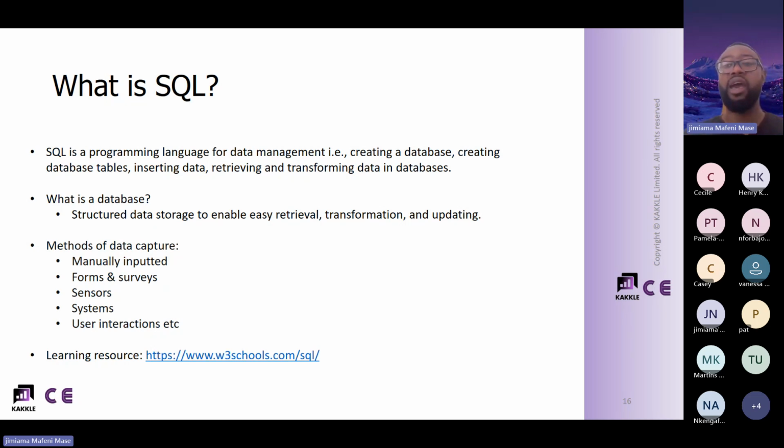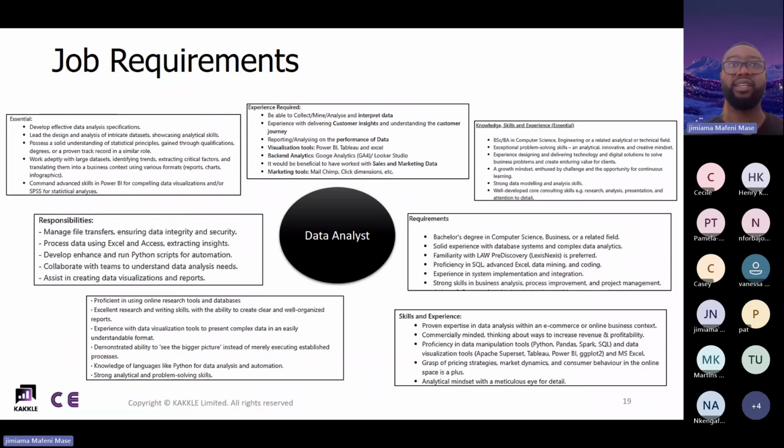Currently, if you look at the job market, a lot of companies want to ensure that even if I hire you as a data analyst who is just supposed to come and analyze the data, you still know SQL to retrieve data from the database, because there's already a database. I don't want to hire a data engineer to be doing that. I want you to write queries to get the data,